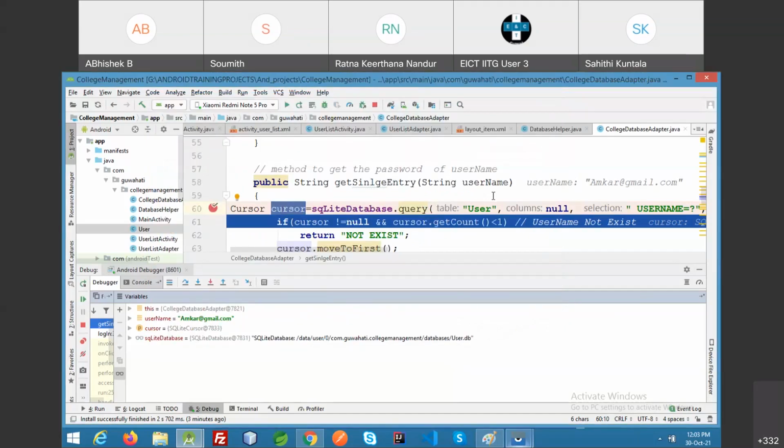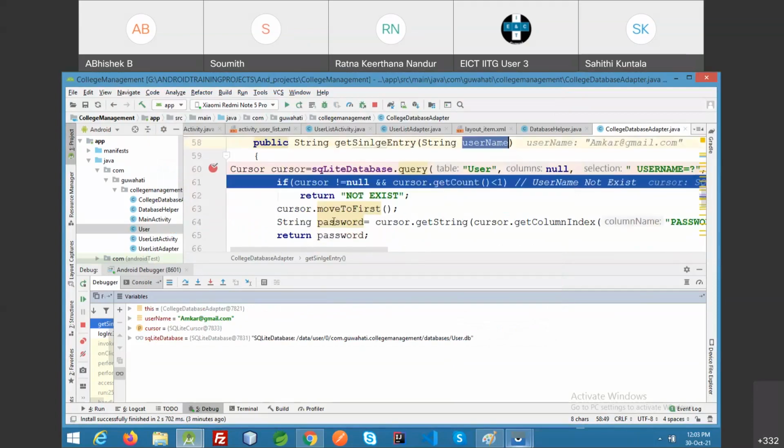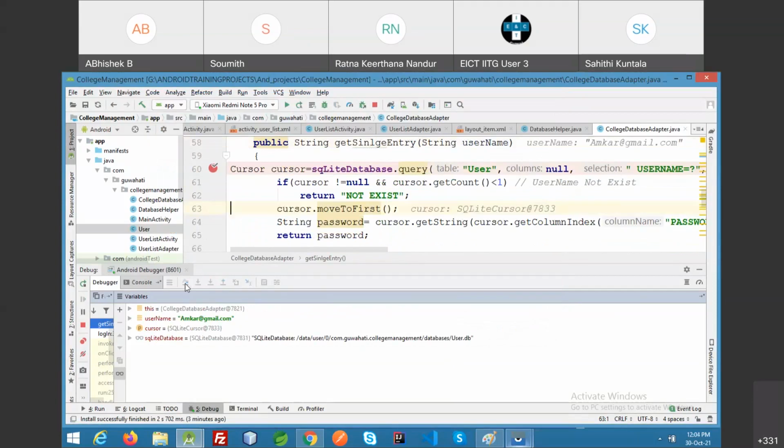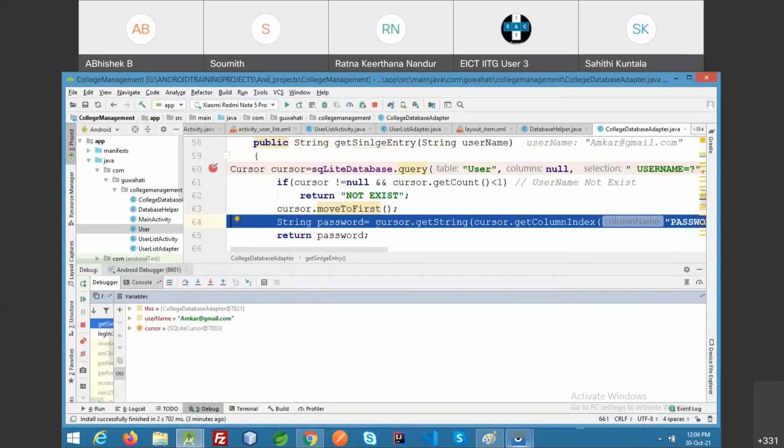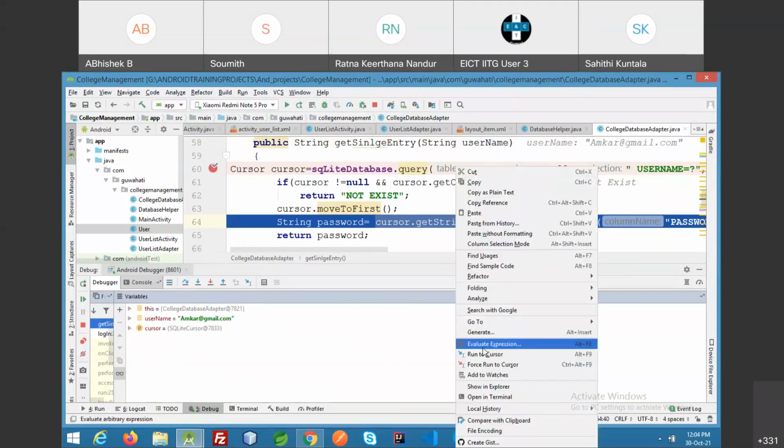Passing the value. Username I'm passing. Okay, fine.